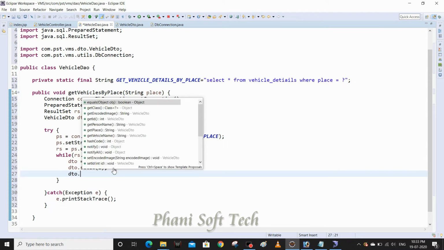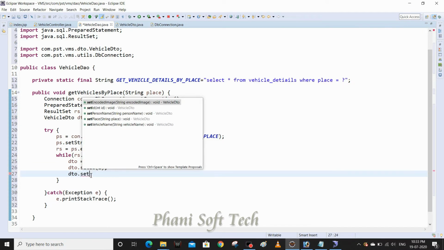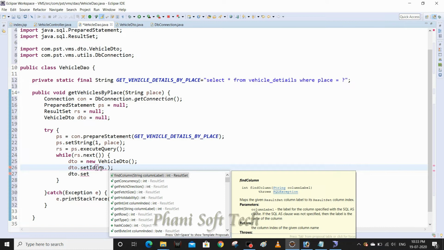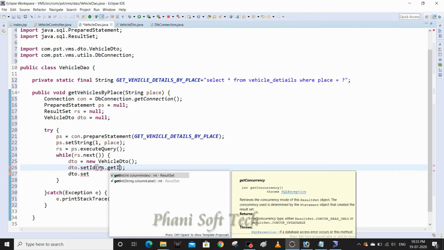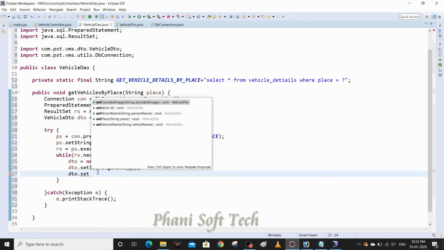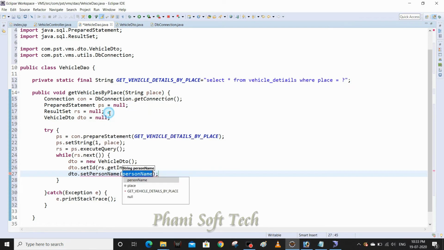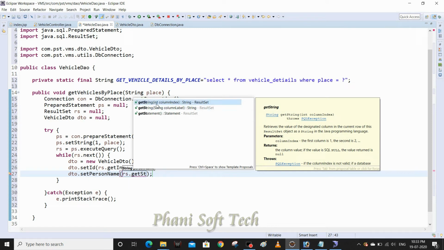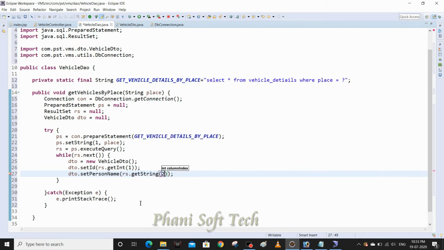And DTO dot set, from the result set. We need to take the data from the result set, right? ResultSet dot getInt, it is a number, first column. And what is the next one? Set person name. So resultSet dot getString, which is a string value in the database, second column.